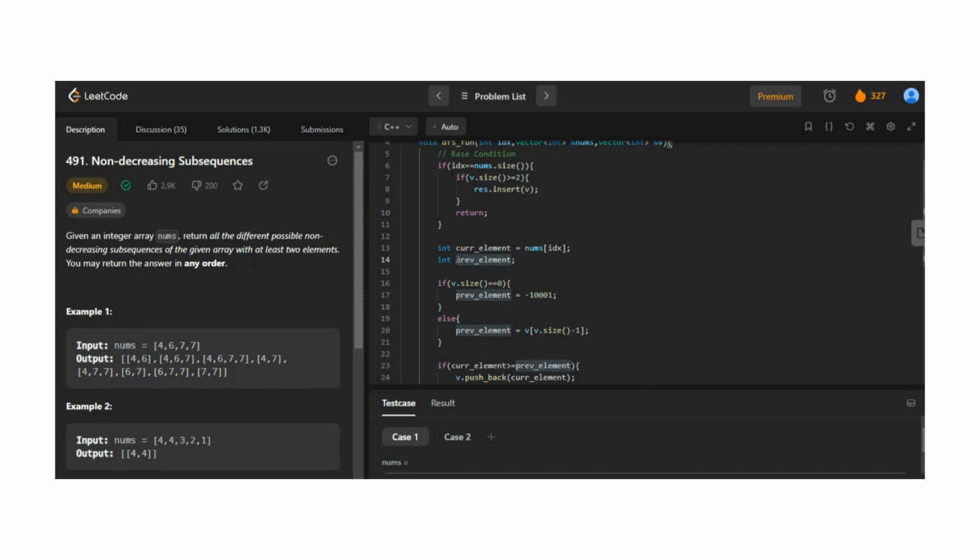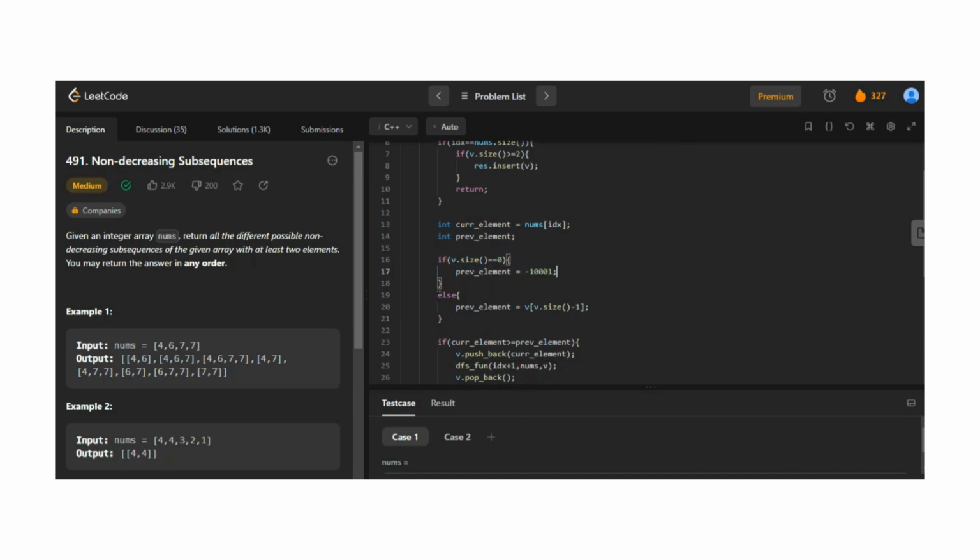Suppose the array is empty and no element is present, how can we take the last element? So in this case, we need to check whether the size of the subsequence is 0 or not. If it is 0, it means nothing is present, so we simply assign the previous value as any minimum value. If it is not of length 0, we simply set the previous value as the last element present in that particular vector.